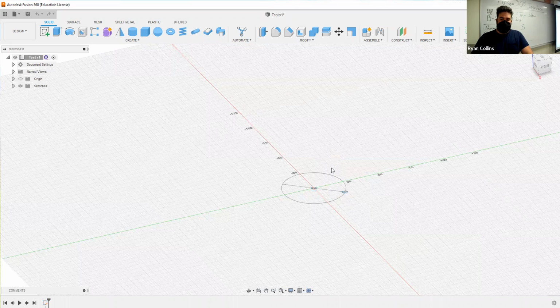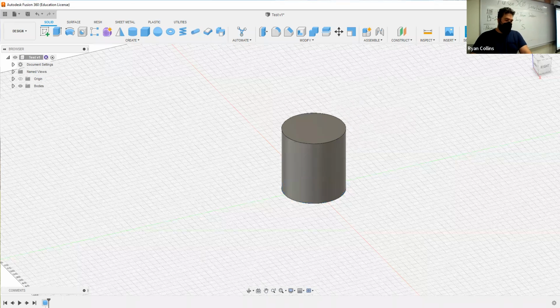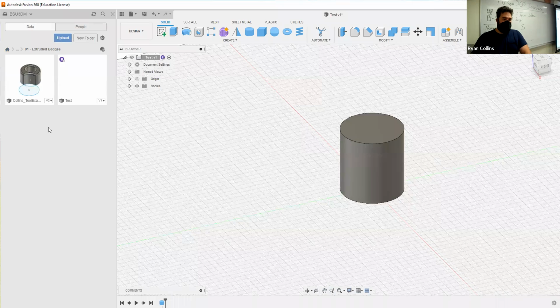Give it a dimension and a vertical dimension. See, whenever you add something, a toolbox pops up. Okay, great. And you'll see here the icon showed up in the timeline. Great. But one of the things I want to show you is if I open up the data panel here,